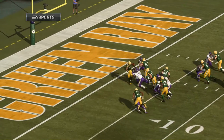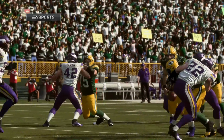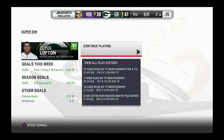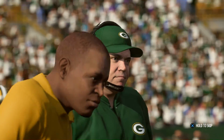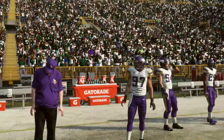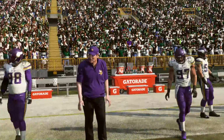Looking like they're well on their way to a 2-0 start. All smiles right now on that sideline, isn't it? As well there should be. It's hard to win a game in the NFL. We hear it all the time. We know that it's difficult. But guess who's smiling? A big offensive explosion helped leading them to victory. And the defensive guys, they're just saying,